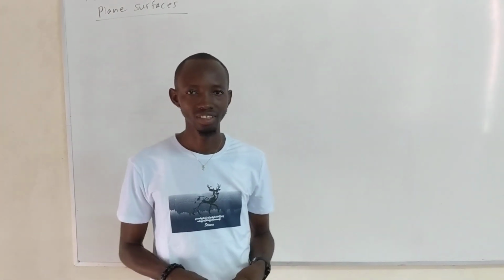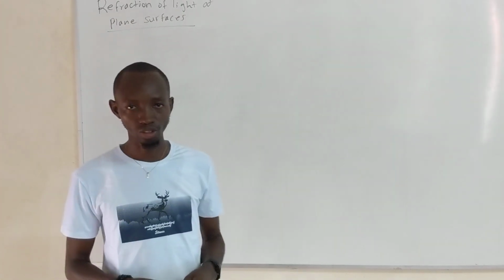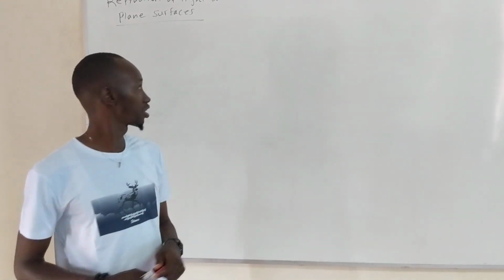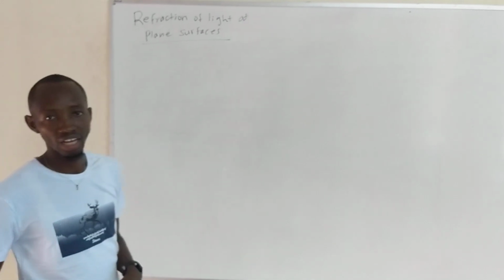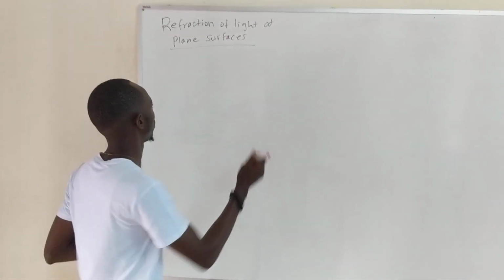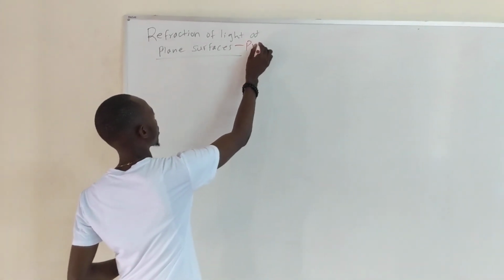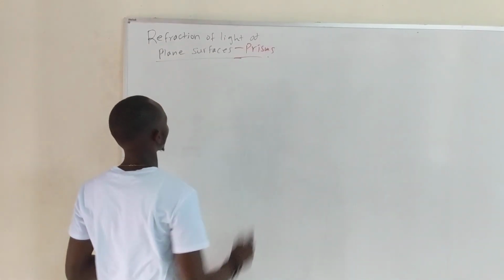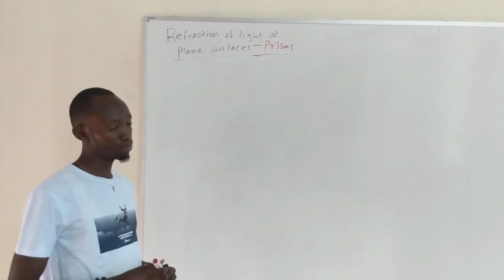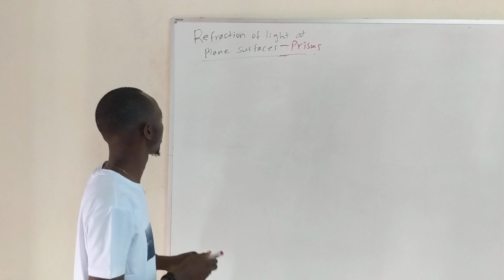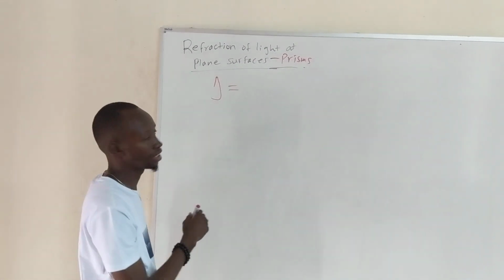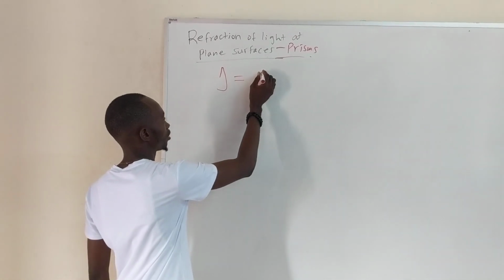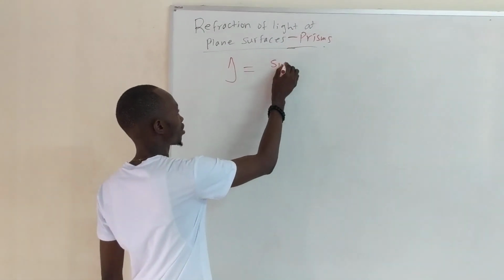Same guy. It's a content commonly called skylight. So today's lesson will be based on refraction of light at plane surfaces, which is mostly going through prisms. You see? So refraction of light at plane surfaces. So the point here is how we can have the refractive index of the material to be the sine of